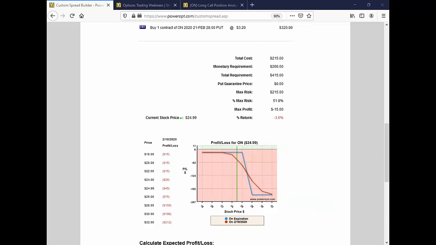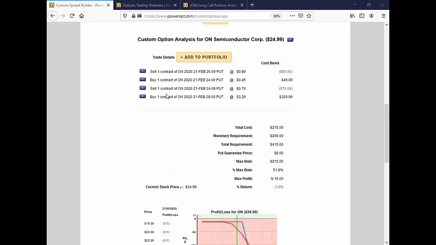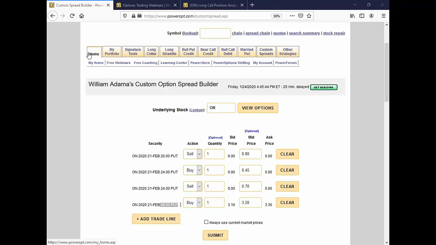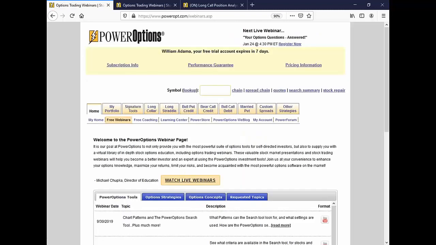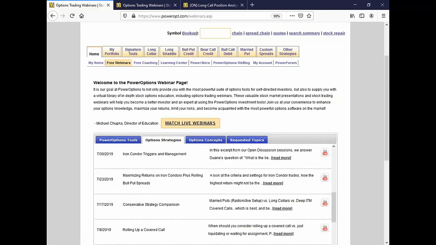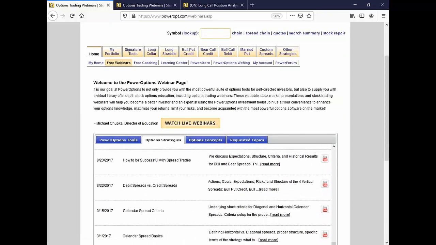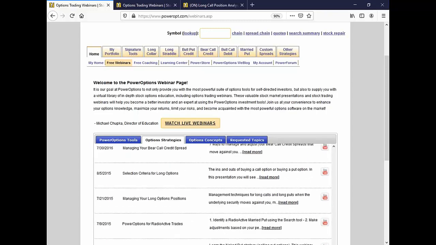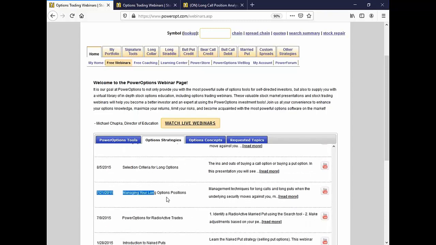Okay, so that's a quick review of the 8 ways I would look for to manage a credit spread. All listed in that webinar. Again, go to the webinars page, powerop.com/webinars.asp. Go into the options strategy section and scroll down to what we said, July 2015. And there is your managing,